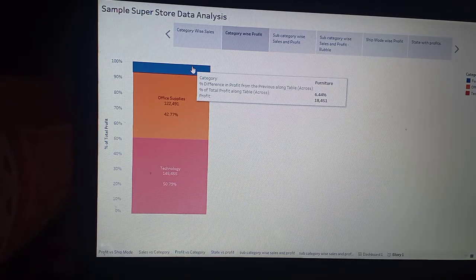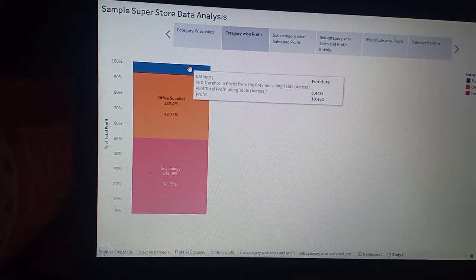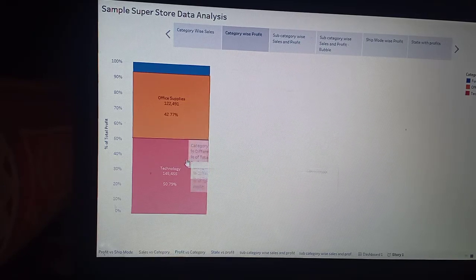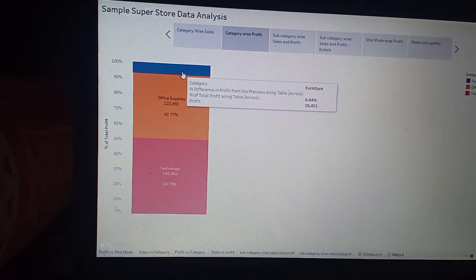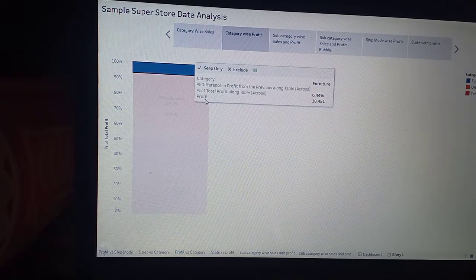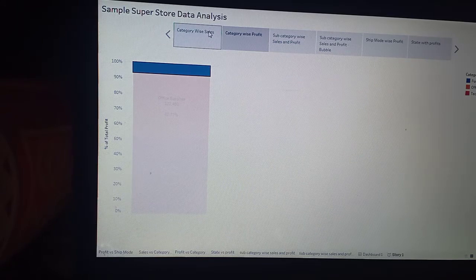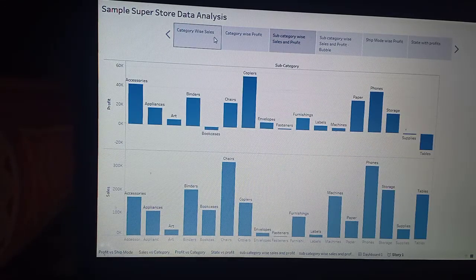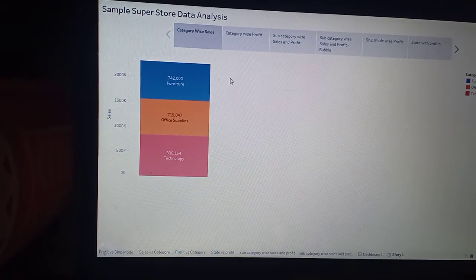We have to push the furniture part more than the rest of the things. We can do meetings about that in different states, which we'll see afterwards. But we should do something about the furniture part, because the sales is good but the profit is not there. So at least we can increase the sales part in furniture if we have to make the profit anyway.